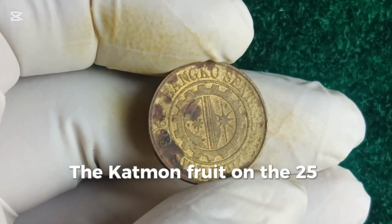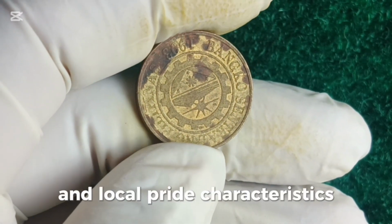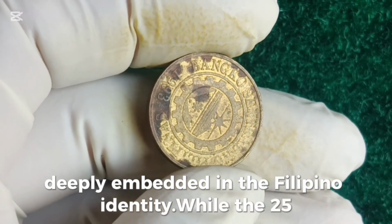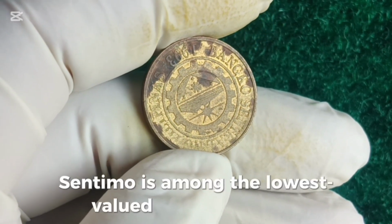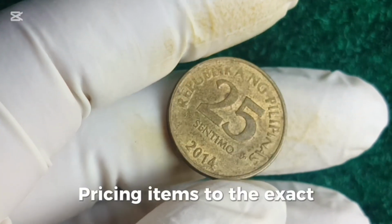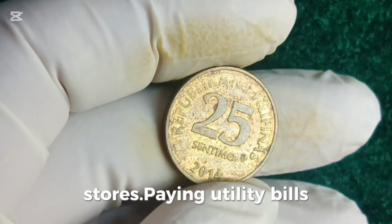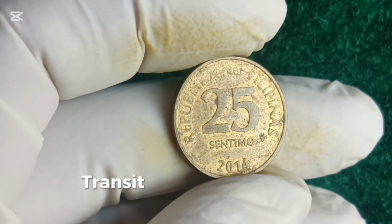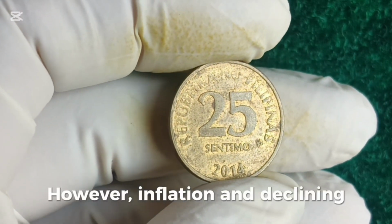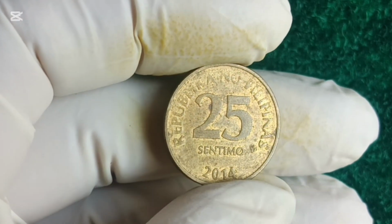The Santol fruit on the 25 Sentimo represents strength, resilience, and local pride, characteristics deeply embedded in the Filipino identity. While the 25 Sentimo is among the lowest valued denominations, it still plays a functional role in pricing items to the exact amount, especially in sari-sari stores, paying utility bills with centavo rounding systems, transit systems, and fare machines in some rural areas. However, inflation and declining purchasing power have limited its daily use in urban centers, making it less